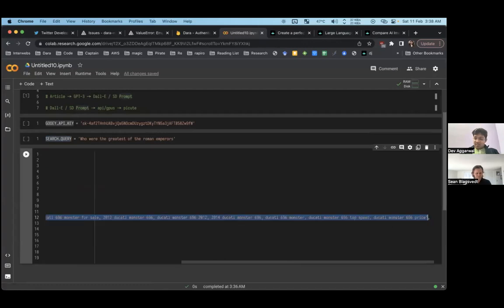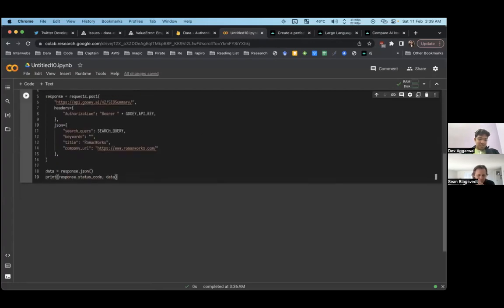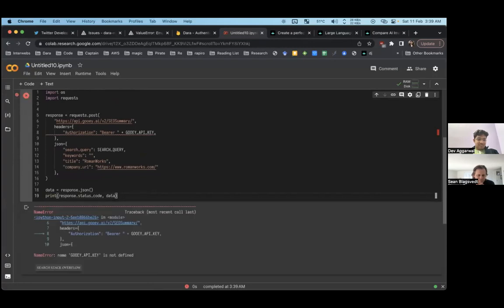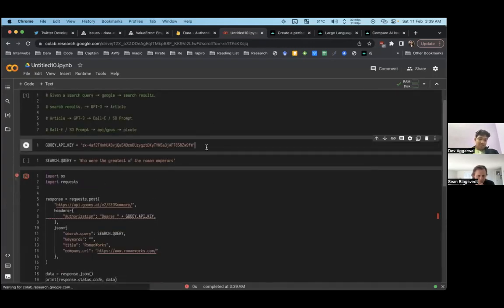I don't want to give it any keywords because I don't know any, but I do know a title, which is Roman books. That's the name of my website that I'm generating content for. It's my fictional website. Anyway, once I do that, get some response, let's just run that. I didn't run this code, so it's going to